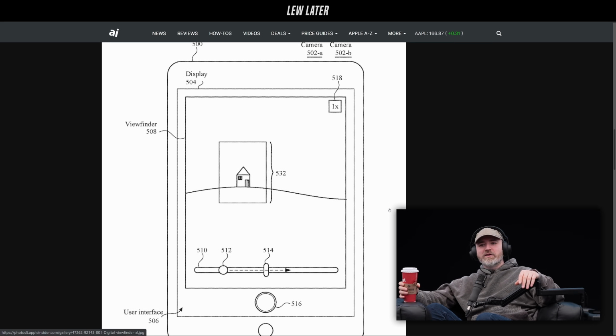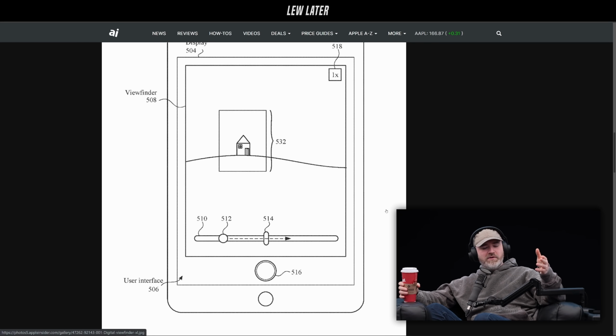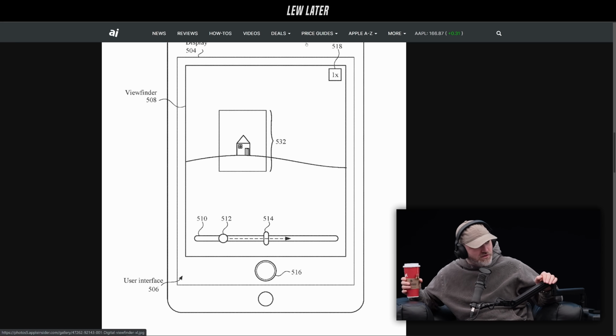Yeah, there's probably a lot of people who just keep it in the 1X, and so you can see the way that this software would look, how it might operate, and there would be a slider, I guess, at the bottom as well. It's a patent application, so it could or could not turn into an actual product, but it might, all those photographers, all those smartphone photographers out there,